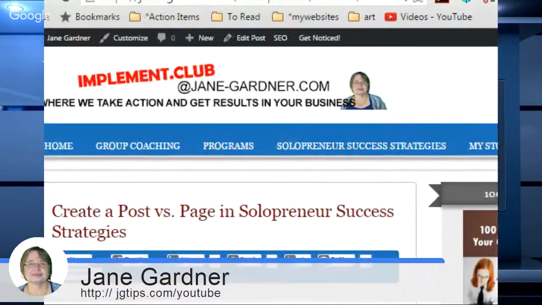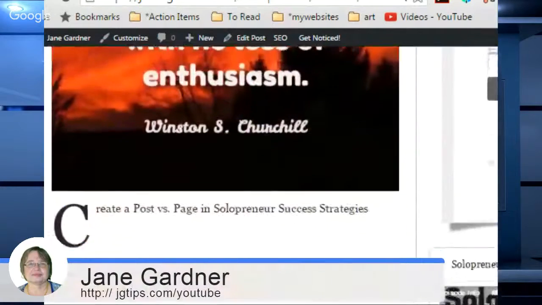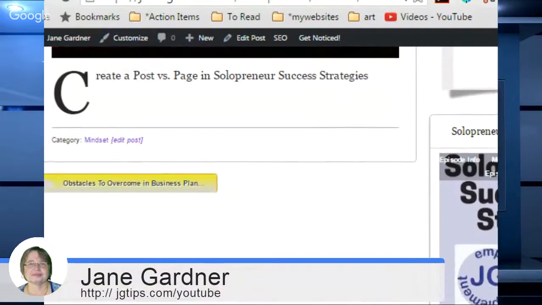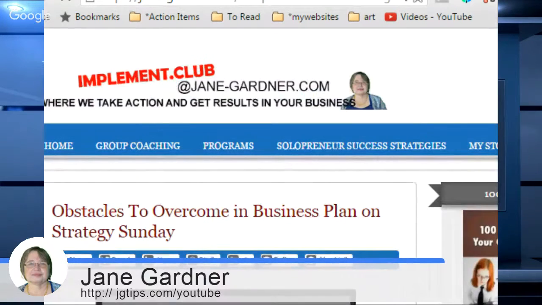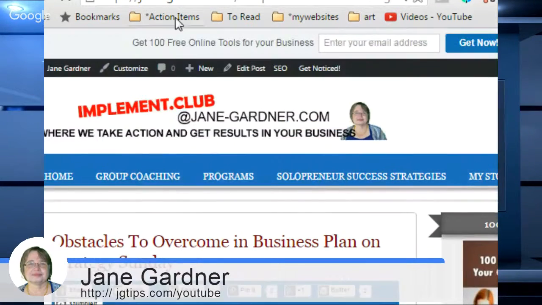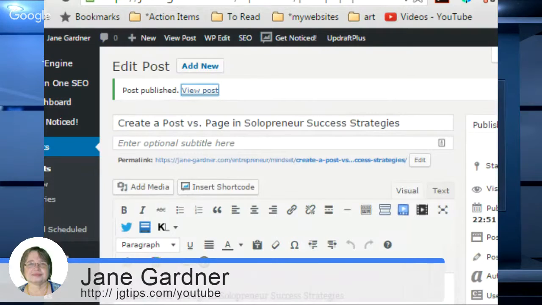I have to scroll. Success is stumbling. Create a post versus a page. And then below that is the previous post. Okay. And then if we want to add a page,